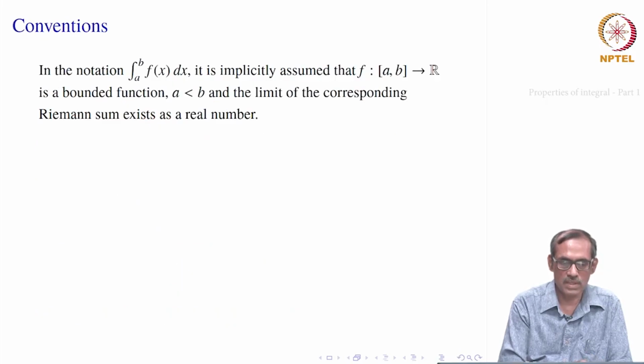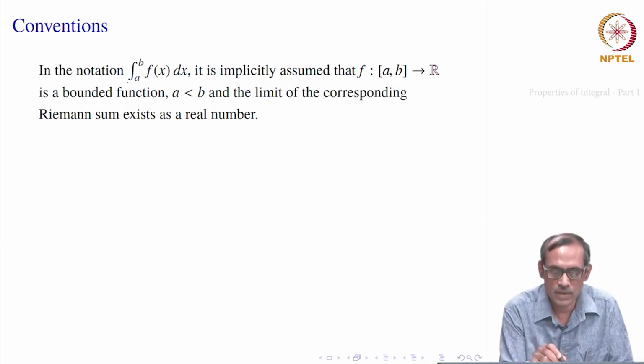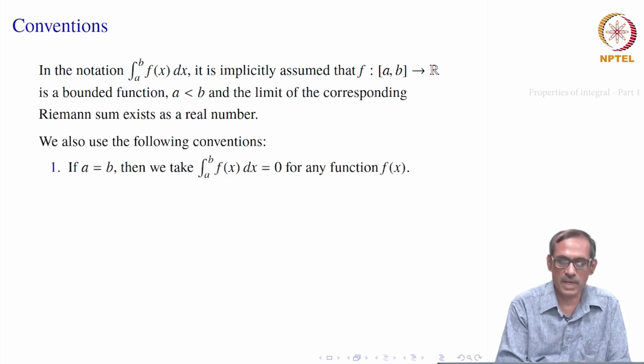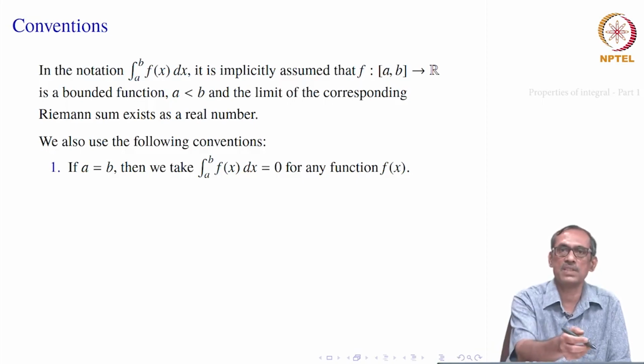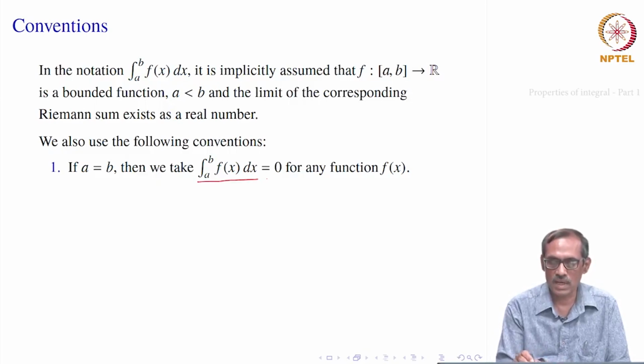Okay. So, with this let us go to the convention we were talking about earlier, that in the notation a to b f of x dx we always assume that a is less than b. But if a is bigger than b or a is equal to b, we can give some meaning to the integral which will be consistent with our properties. If it contradicts some of the properties, we should not put that convention, otherwise we can use the convention. It is really a redefinition of that idea for the case where a is equal to b or a is greater than b. If a is equal to b, we will put its integral to be equal to 0